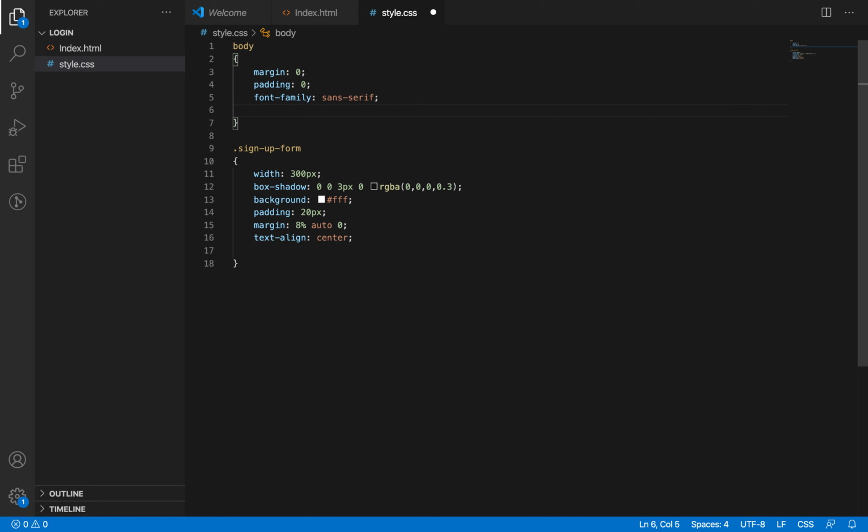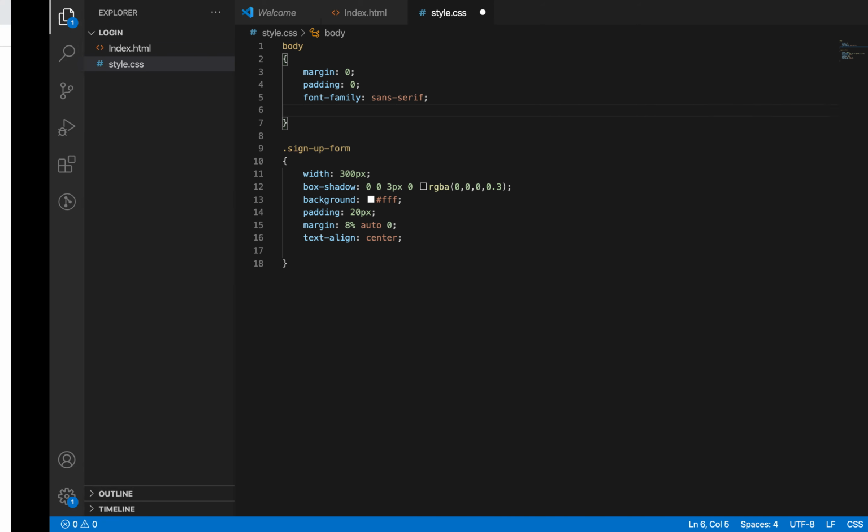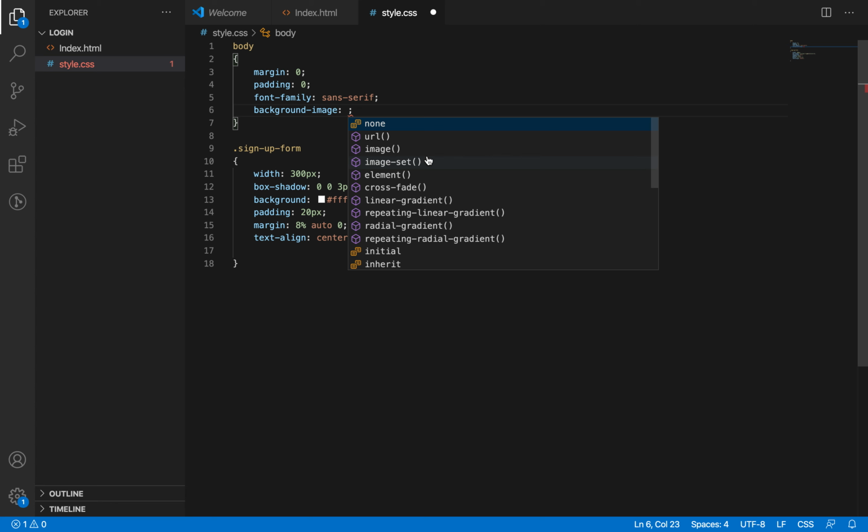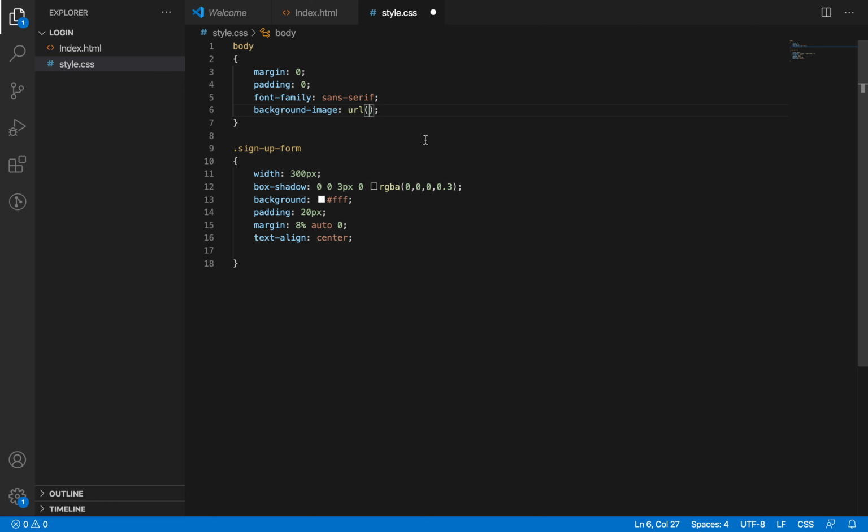Now after this one we are going to type background image. I'm going to give background image, then URL. Now in the URL I'm going to type, for the background